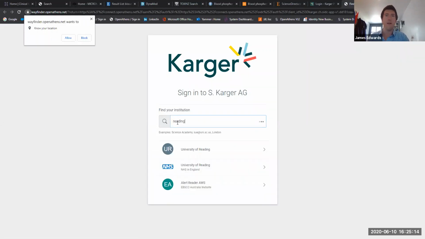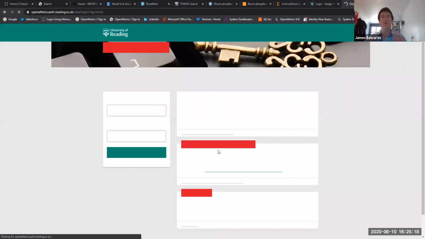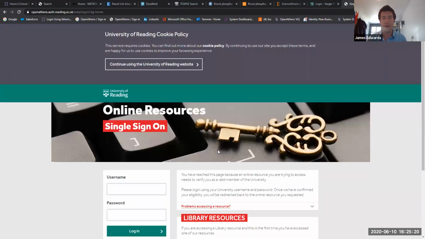So if I go Reading, University of Reading, that's where I'm from. I click on here, and it will take me to my institutional login page. So your users will go, oh, I know this page. I know what credentials I need to enter here. They will log in, and then it will take me back to Karger, the publisher. I don't have an account at Reading University, but it's just to show you, as a user, if that's the very first thing they do, that's what the experience would be for them. Hopefully nice and familiar, just to get them logged in that first time, and then it's seamless from then on.